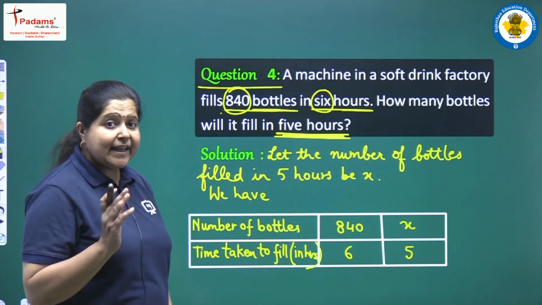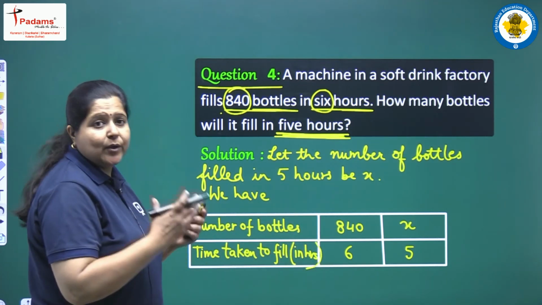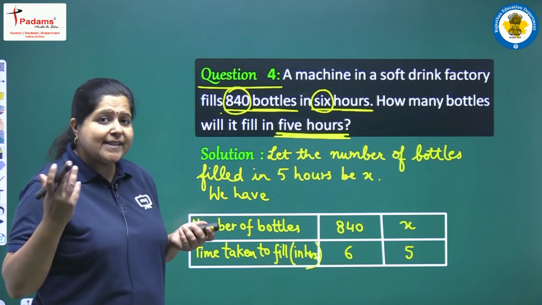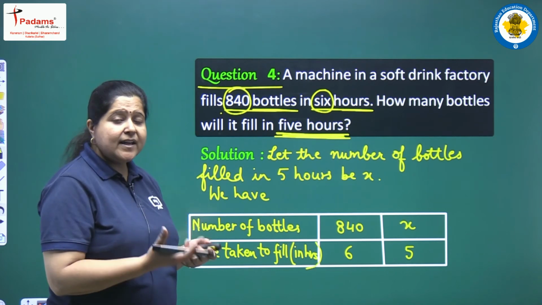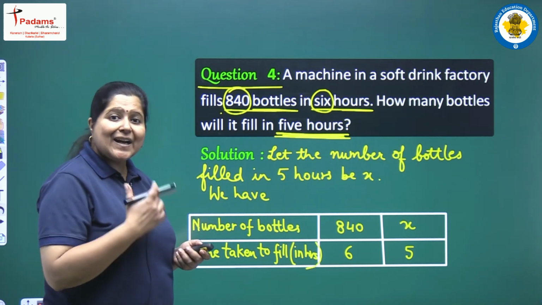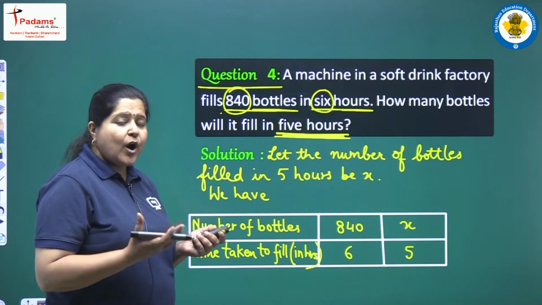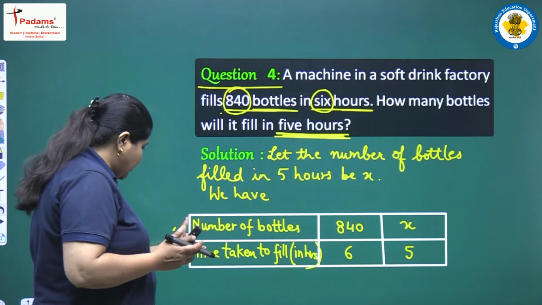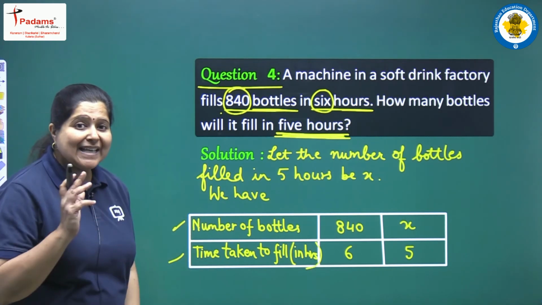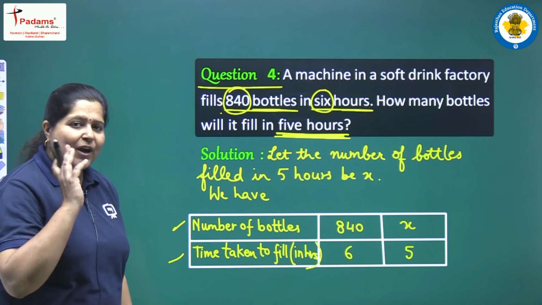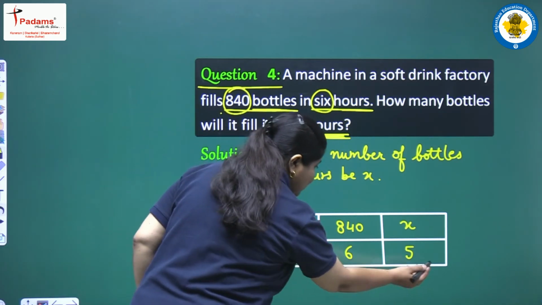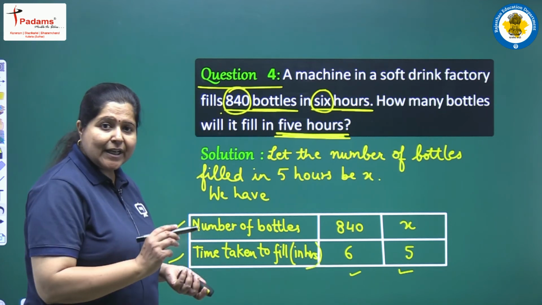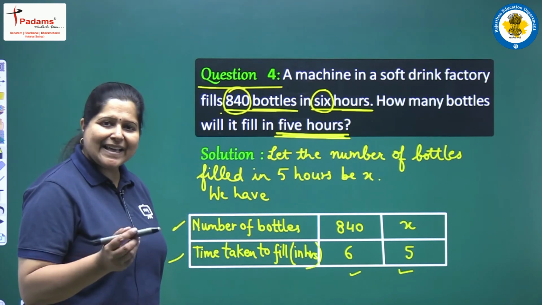अब यहाँ हम देखते हैं कि जितनी बॉटल्स होंगी उनको फिलअप करने में उतना ही ज़्यादा टाइम लगेगा, जितनी ज़्यादा बॉटल्स होंगी उतना ही ज़्यादा टाइम लगेगा, जितनी कम बॉटल्स होंगी उतना ही कम टाइम लगेगा उन्हें फिल करने में। और ऐसे में ये दोनों क्वांटिटीज़ आपस में डायरेक्टली प्रोपोर्शनल हैं, और ऐसे में हम इनकी जो अलग अलग वैल्यूज़ के रेशो हैं इनको इक्वेट कर सकते हैं। इक्वल रखने पर हमें ये अननोन वैल्यू x मिल जाएगी।